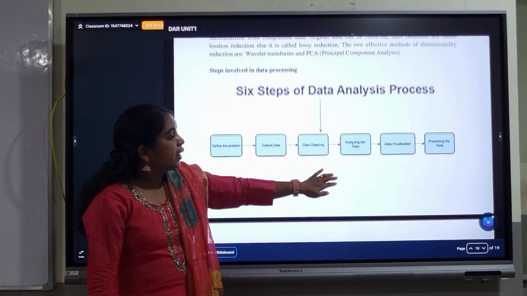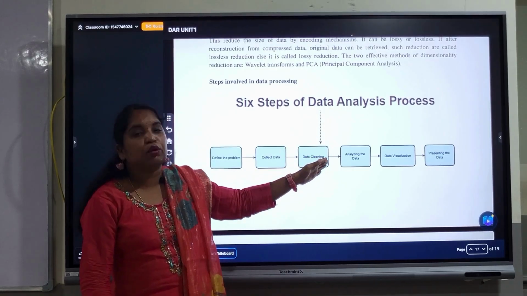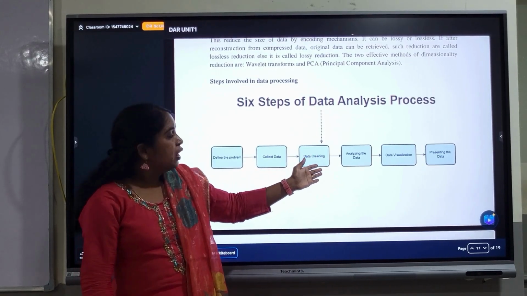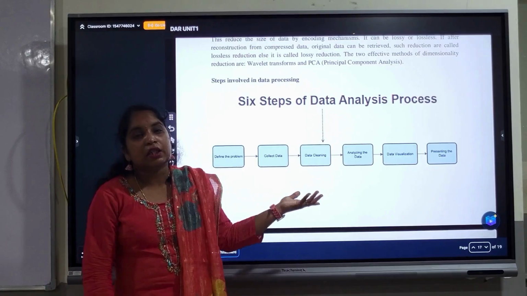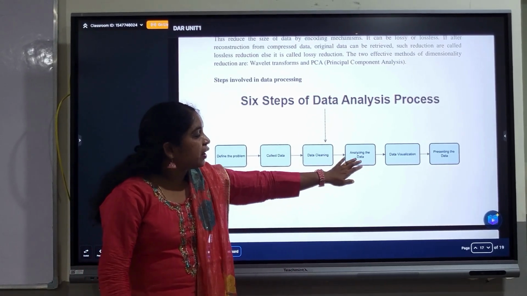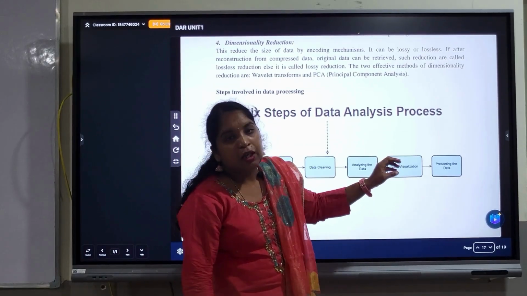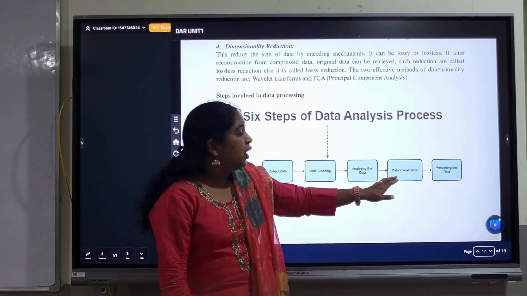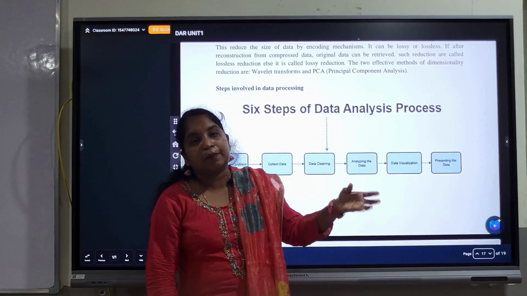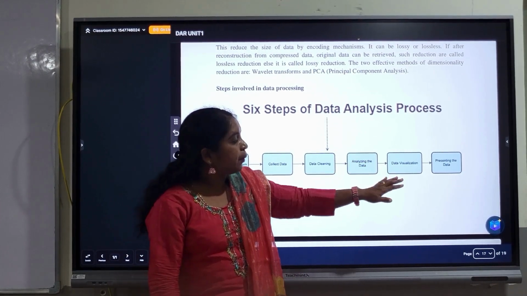After completing the data pre-processing, the next step is analyzing the data. Here we have good quality data, so based on the previous data, we should predict the future factors. That is the data analysis. The next one is visualization. After completing all the analysis, we should give the reports as graphical representations to the users through charts, dashboards or scatter plots.